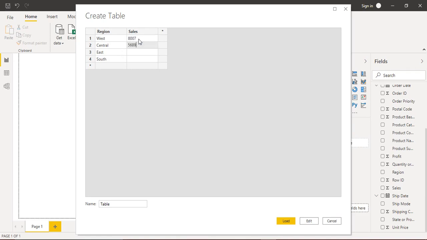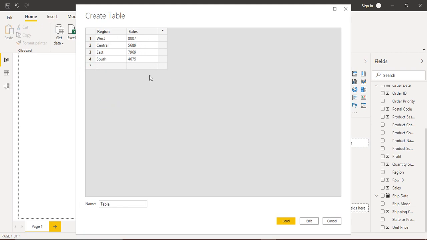Now in the sales, I'm going to give some values. These are random values that I am giving, so it doesn't really matter. So these are the 4 random values that I have given. Similarly, if you click over this star for the rows, a number of rows would be added as well. And if you don't want the rows, you can right click over it and delete them. Right, now we have created a very simple table.